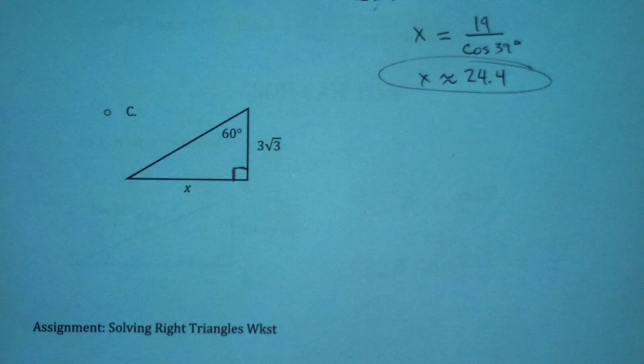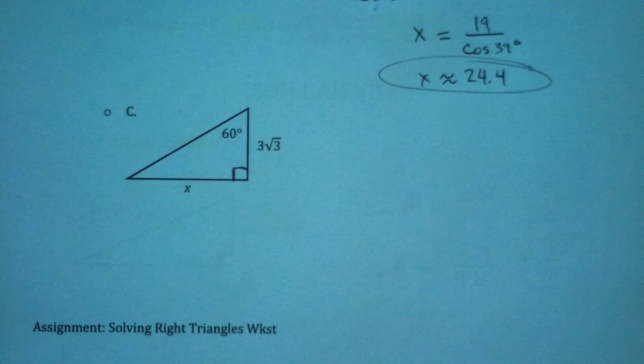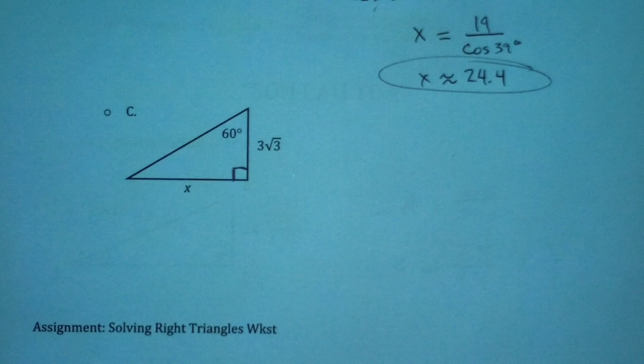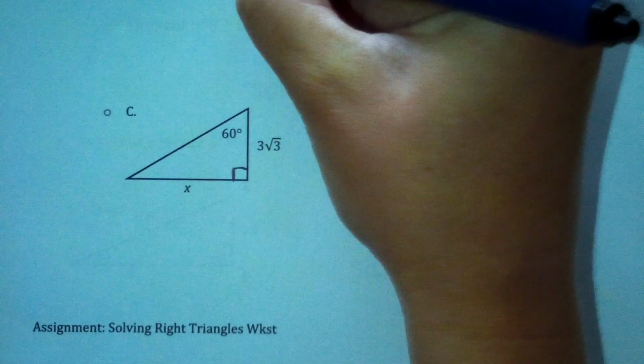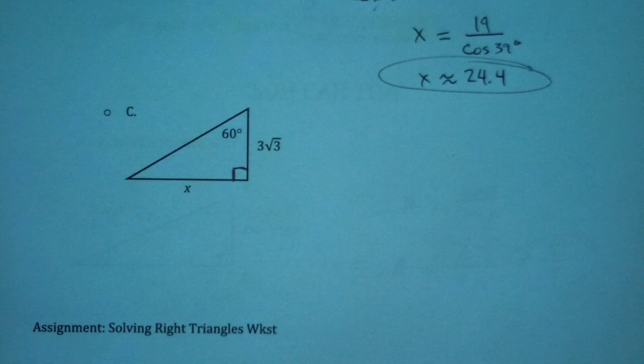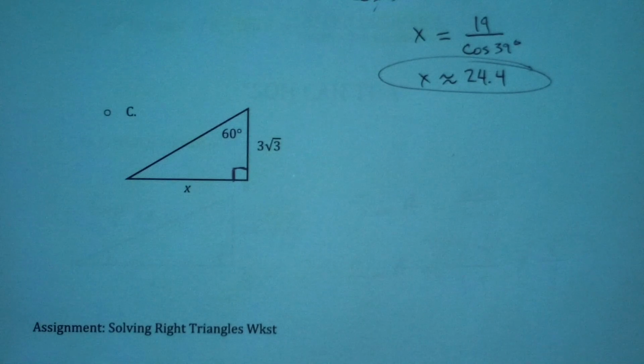So with this one, if we're trying to get the x by itself, well, it's divided by that number, so to get rid of divide by it, we multiply by 3 square roots of 3 on each side. So then that would be gone. So x would equal 3 times the square root of 3, times tangent of 60 degrees. And again, we would just use our calculator to figure that out. So you can just do 3 times the square root of 3, and then times your tangent of 60 degrees. Kick that out, and it actually kicks out an even 9, which seems kind of weird,